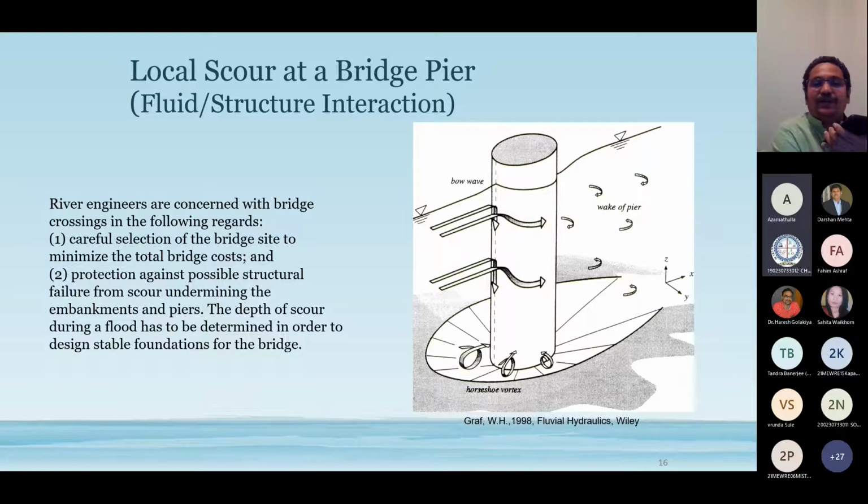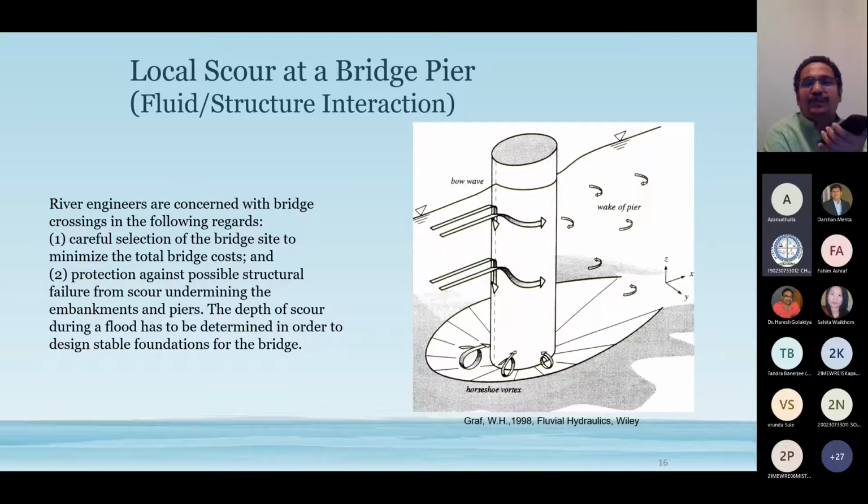Whatever site you can see, maybe Professor Mehta has done many works on parallel bridges using HEC-RAS. Recently, I attended, and am still attending, a hydraulic software training that they are arranging at our university, a very new software. They also predict this scour depth. But I still believe model studies are one of the options. So this is the thing, how to protect, and you can find many papers,